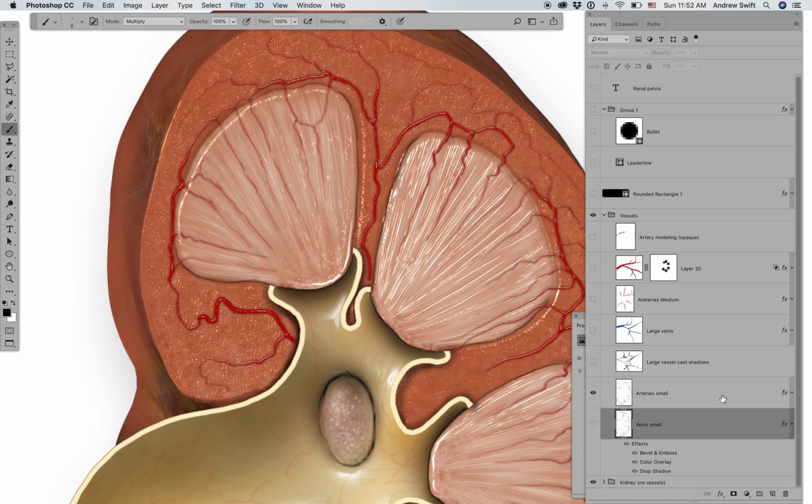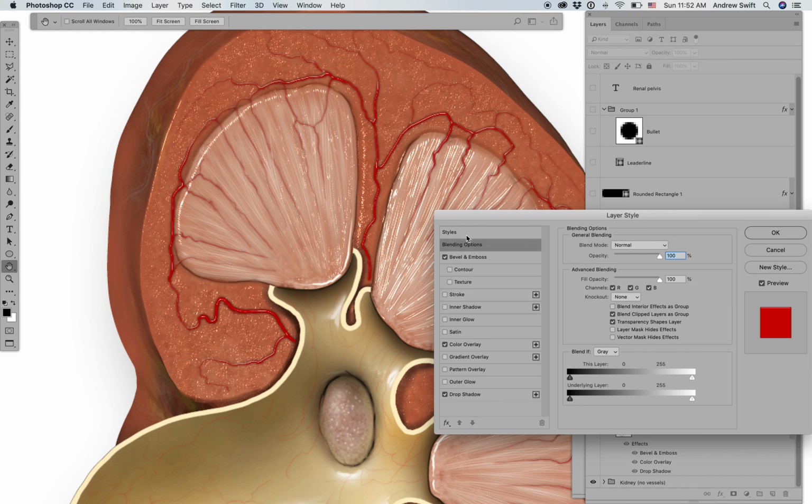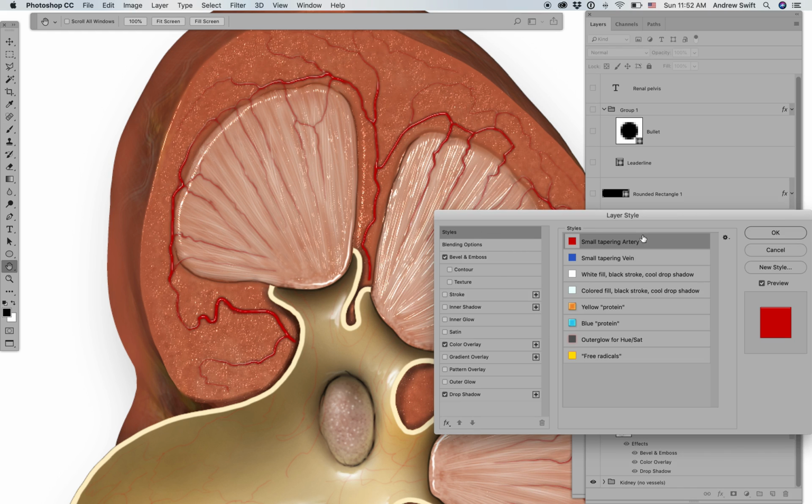Arteries are the same way. The neat thing is that, and you probably saw a bit of this in the demo, once I have it set up, I can say New Style, and I can save it, and it will save all these settings in here, right? And for a big team, what I would suggest is you go through and make an artery style and a vein style,